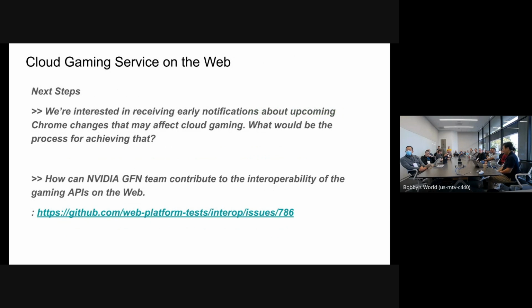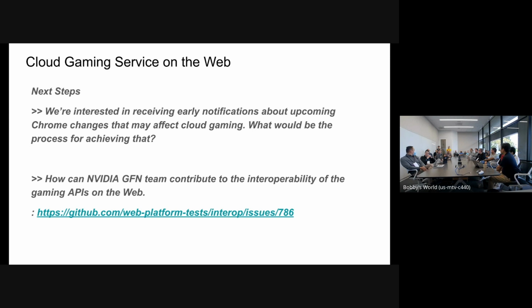The last thing we would like to discuss today is how we can make it better. We know this will not be the last. There will be more and more security enforcement and enhancement, and more prompts will be shown. What we want to discuss is that we always want to get early notification from the Chrome team, and we also want to make it a better feature for the release. That's one thing I would like to ask the Chrome team.